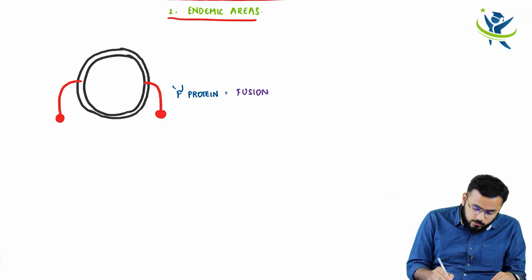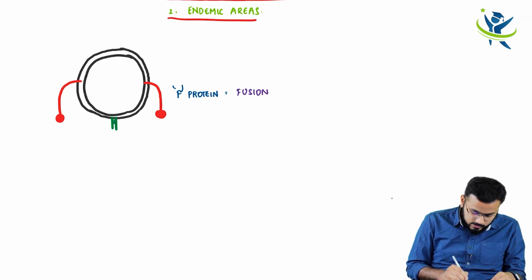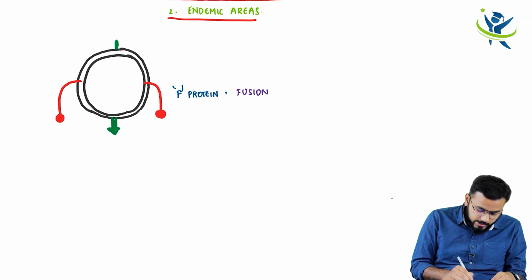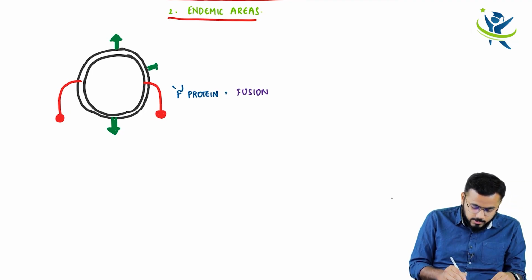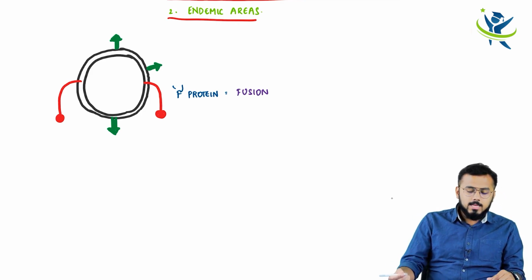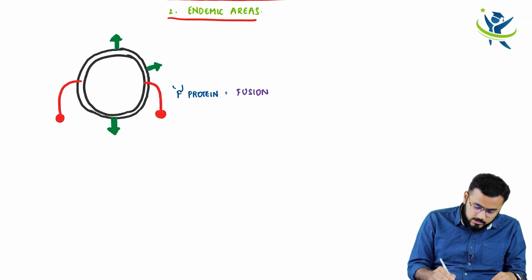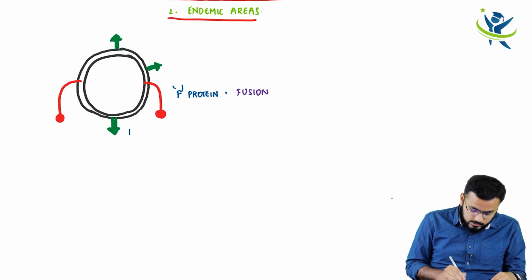Apart from that, you have also got some more interesting structures like this. Now what is this interesting structure which you can find? This is found all over. Obviously such proteins are found all over. So what is this interesting structure, guys? This is called H protein, or also simply called hemagglutinin protein. So the name of this is H protein.